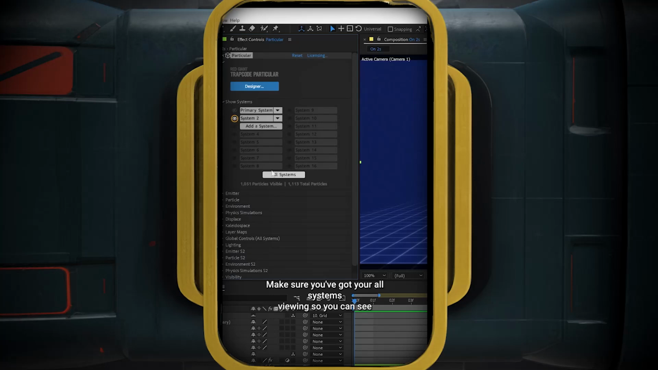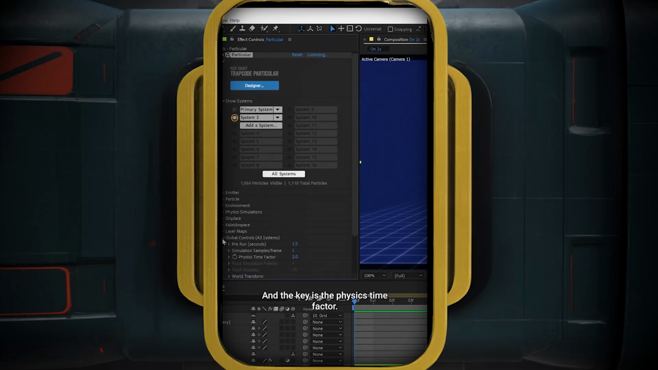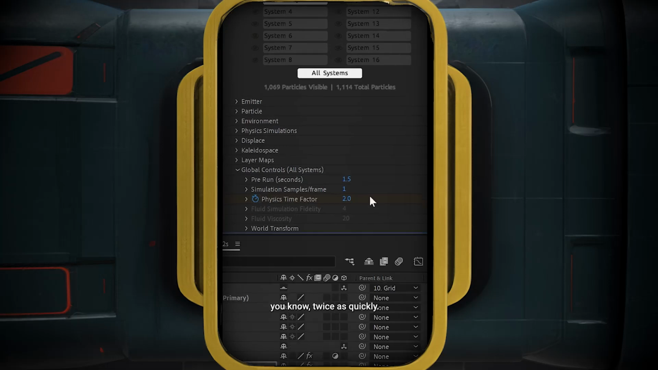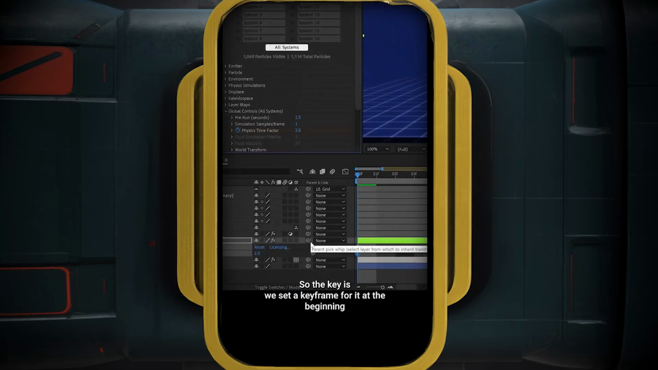Make sure you've got your All Systems viewing so you can see global controls, all systems, and the key is a physics time factor. I've got a pre-run on here, so we have particles on frame 0, and the time factor is set to 2. We will set a keyframe for that. This just means that it runs the simulation twice as fast, as if time is going by twice as quickly. So the keys will set a keyframe for it at the beginning,